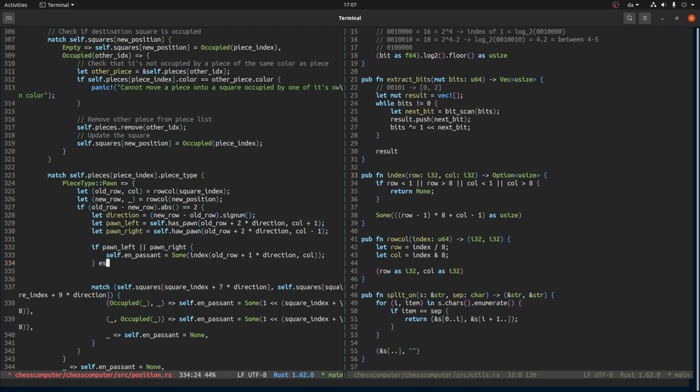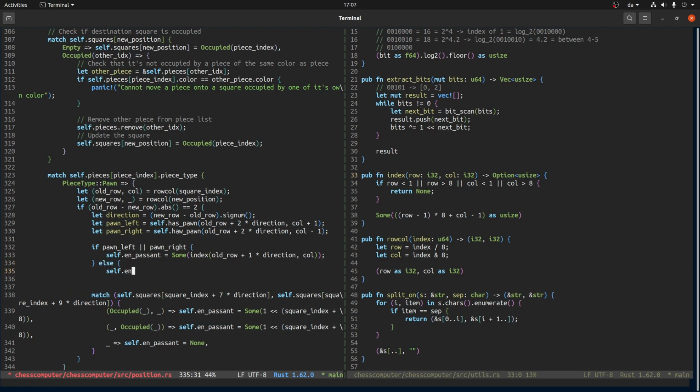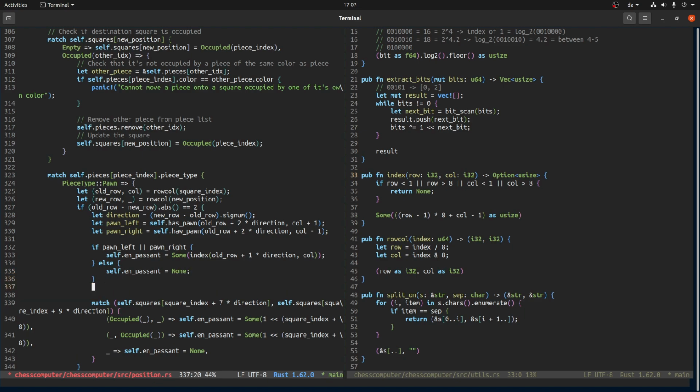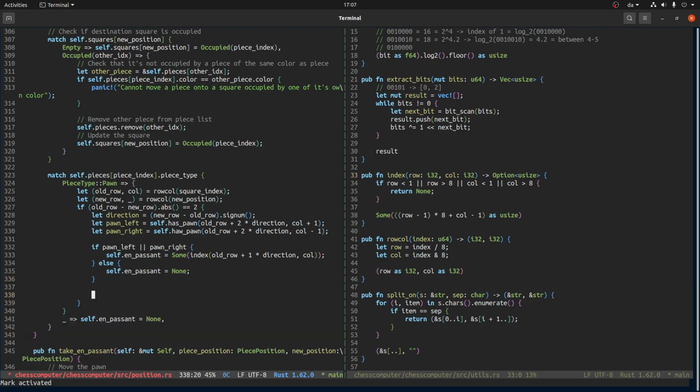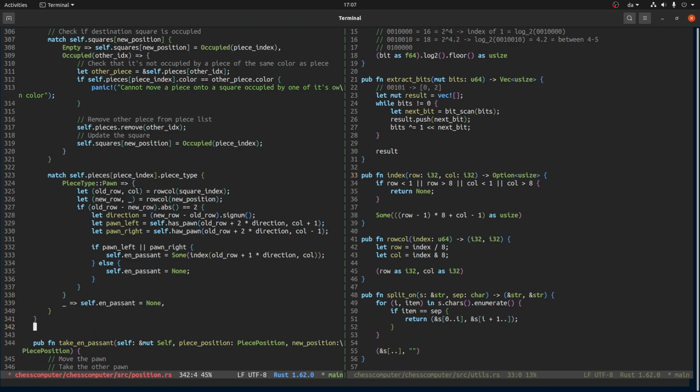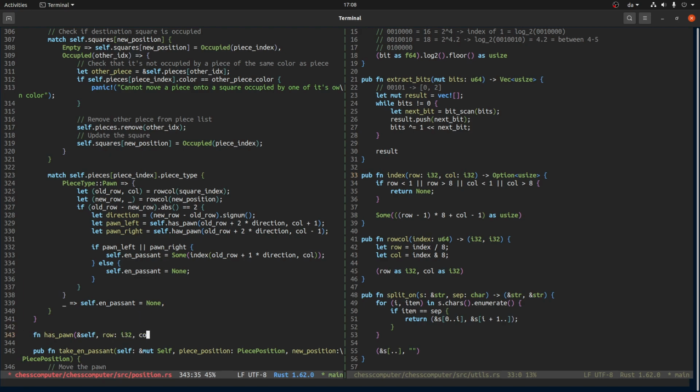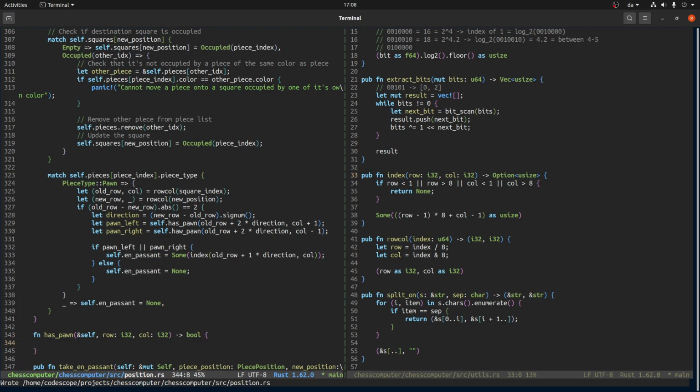Otherwise, en passant should be set to none. And that's it. I think it's a little bit easier to understand. So let's write has_pawn. We'll just take a reference to self, and it will take a row, an i32, and a column, an i32, and return a Boolean, and we will simply check